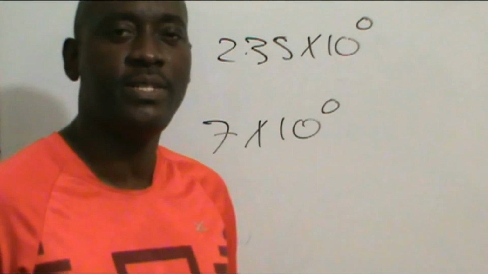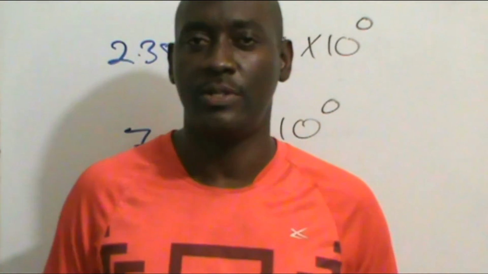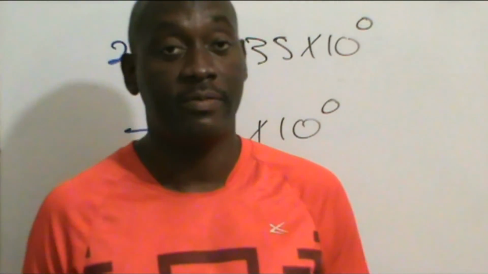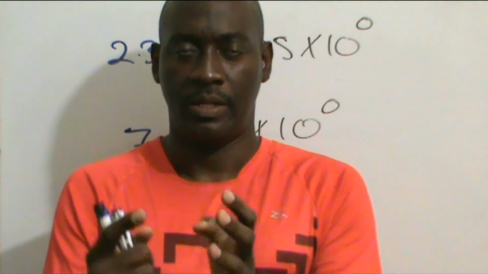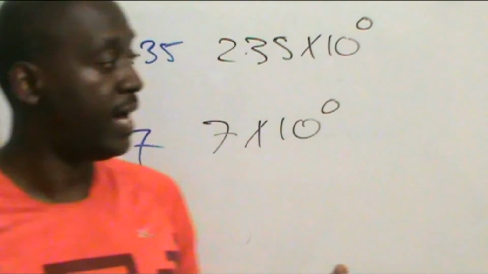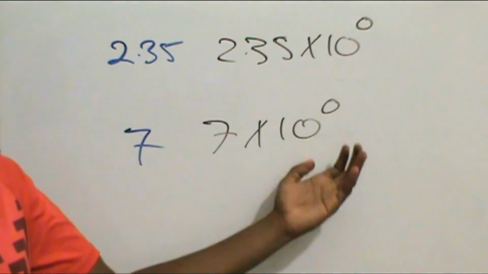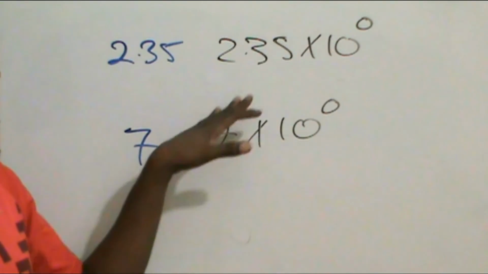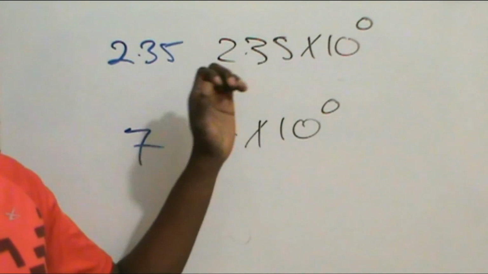Alright? So if per chance you get something like that in a multiple choice especially, or maybe even in a paper 2 or paper 3, who knows? Don't be scared. Don't think that this is some kind of trick question. You may get the number already in the T form. The number being already between 1 and 10. In that case, you just add multiplied by 10 to the 0,